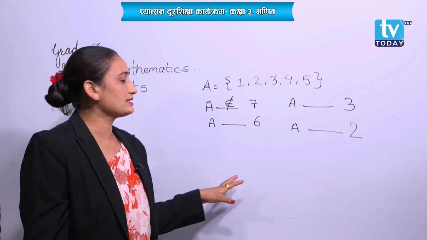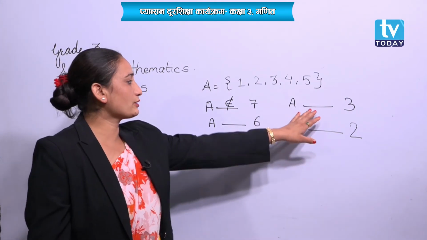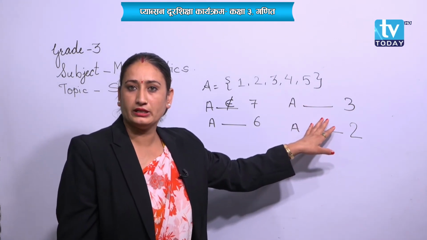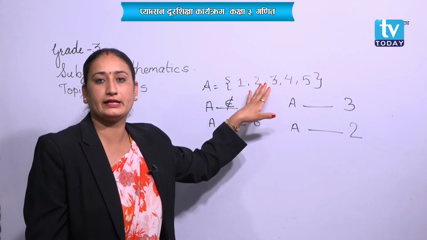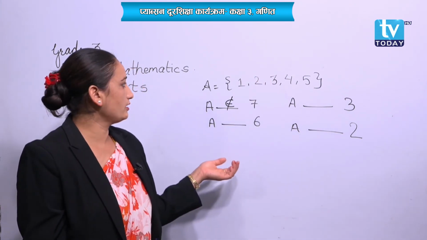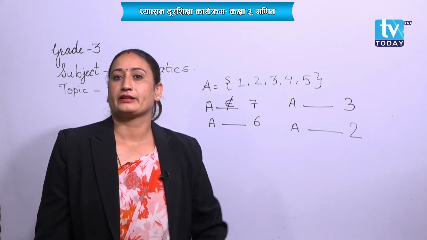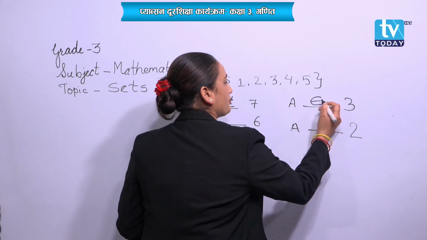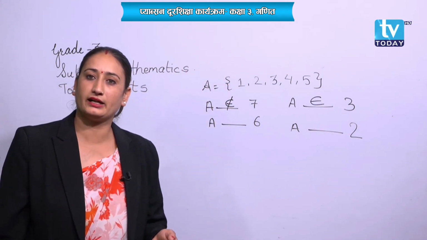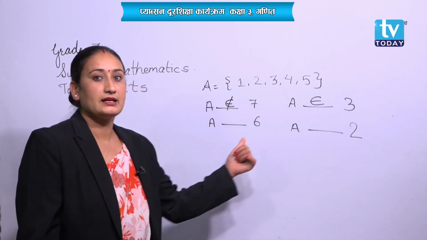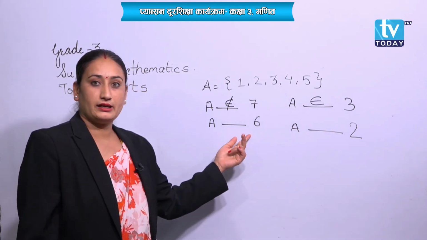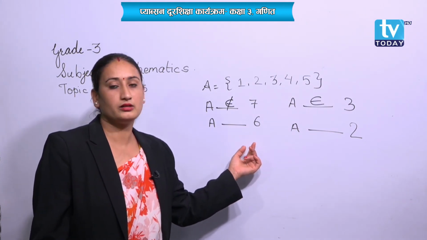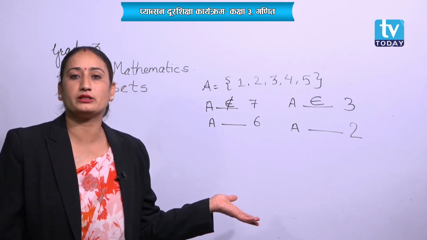Okay, now students, let's have a look at the second question. Now tell me, in this question, does 3 belong to the set A or not? Is there? Oh, there is. Now, which sign do we have to use? Let's have a look. This is the belong to sign. Done? Okay, same like this. Now, next question. Does 6 belong to the group A, set A? No. Then which sign do we have to put? Doesn't belong to